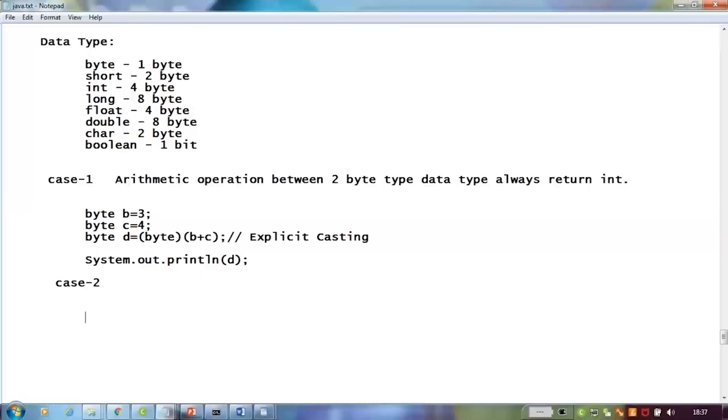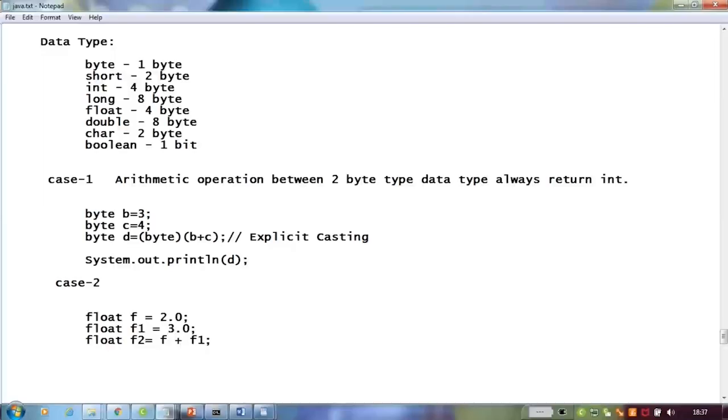Fine. Okay. Now here, what we'll do is take float f equal to 2.0, right? Float f1 equal to 3.0. Fine. Float f2 equal to f plus f1. Fine. Now if you see this,